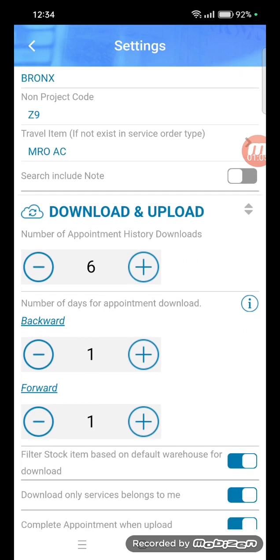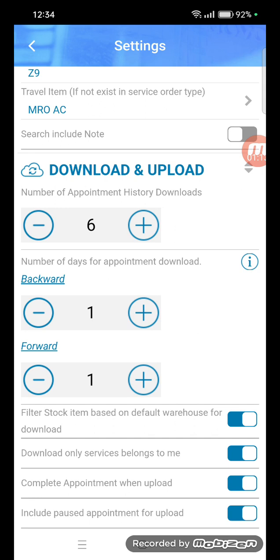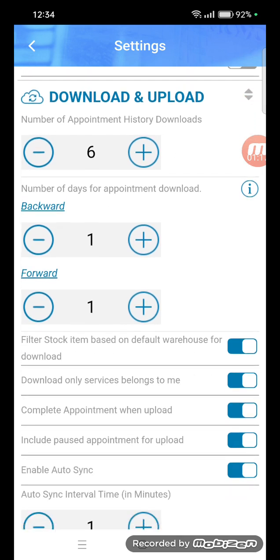You can actually reset it, and you can also determine a range of how many appointments you're going to download forward as well as backward from today, and have the other options to filter items according to the default warehouse